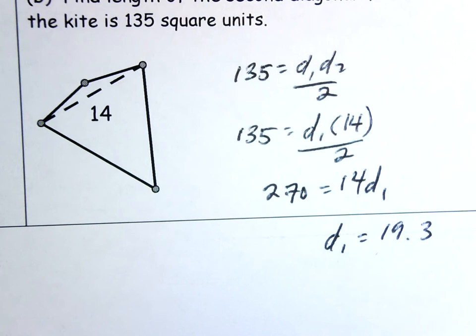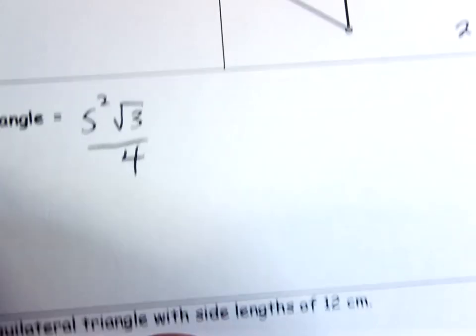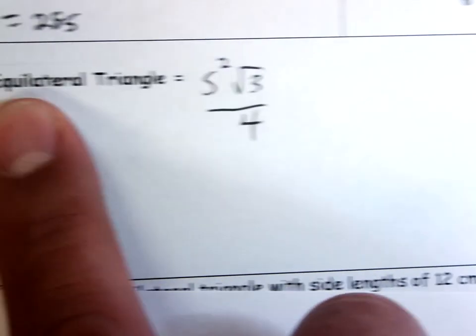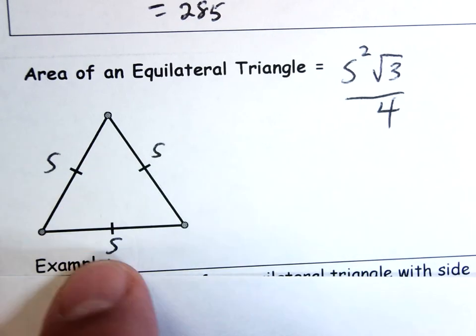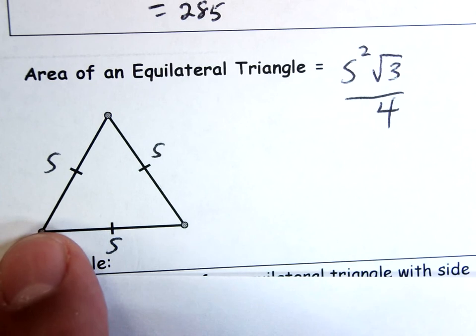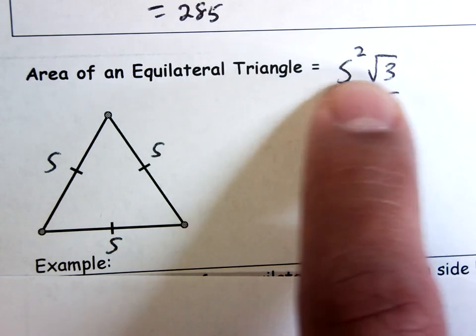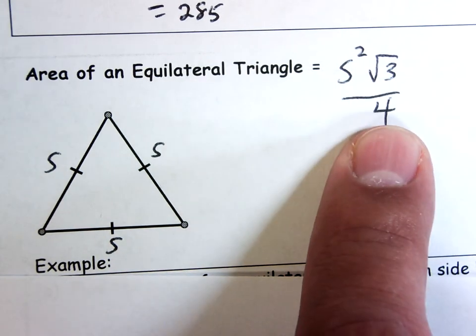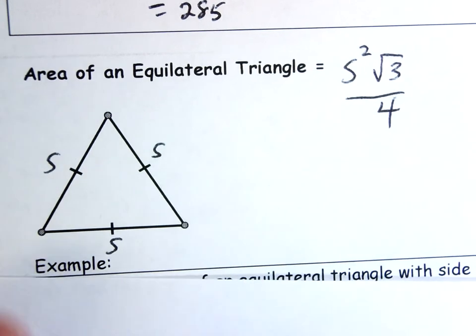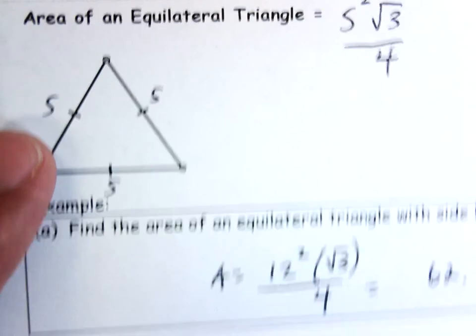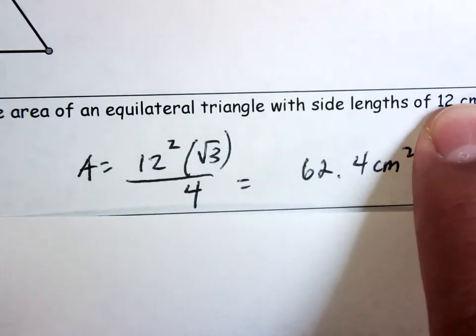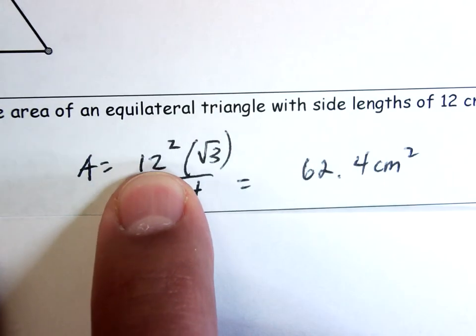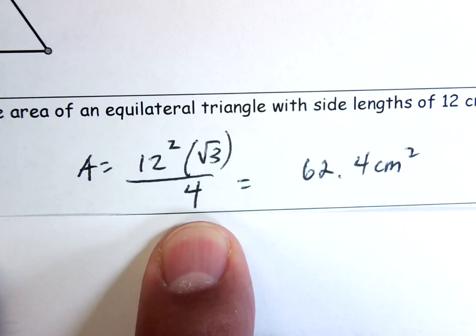All right, last one. How do you find the area of an equilateral triangle? There it is. If all your three sides, let's call the three sides s. Of course, if it's equilateral, all the sides are going to be the same. It's just s squared times root 3 divided by 4. And I've got that one on the front wall if you forget it. So now it tells me I've got side lengths of 12. So that's my side length. So I plug in and I do 12 squared times root 3 divided by 4, which is approximately